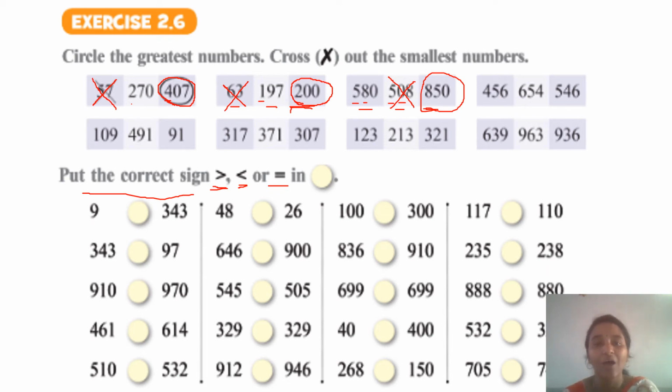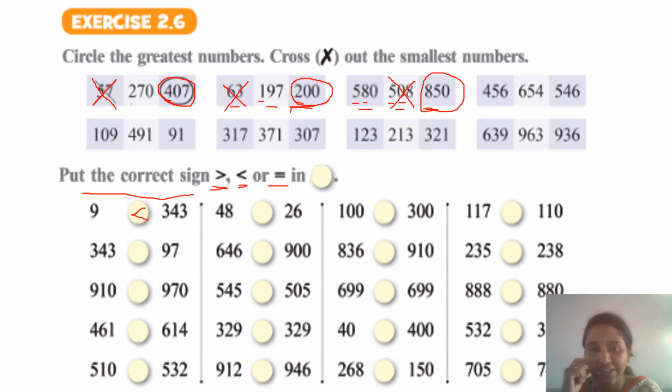Now let me tell you one small tip to remember this always. The bigger number will always shoot the smaller number. Keeping on your bigger number, point your finger like this towards the smaller one. This pointed tip will be towards your smaller number. See here, 9 and 343. I am keeping my fingertip on 343. It is shooting 9, right? So this will be my answer.